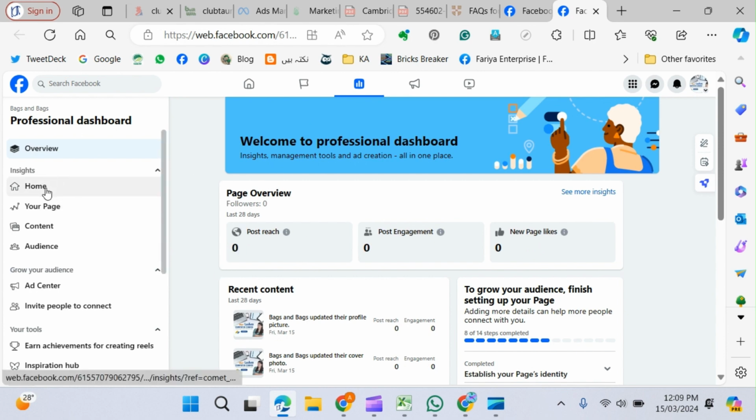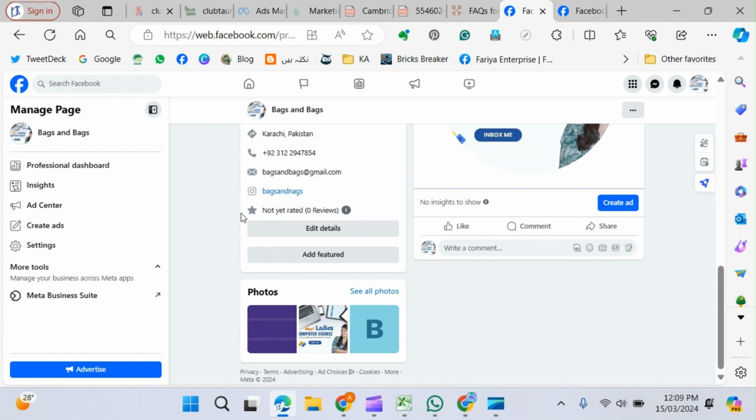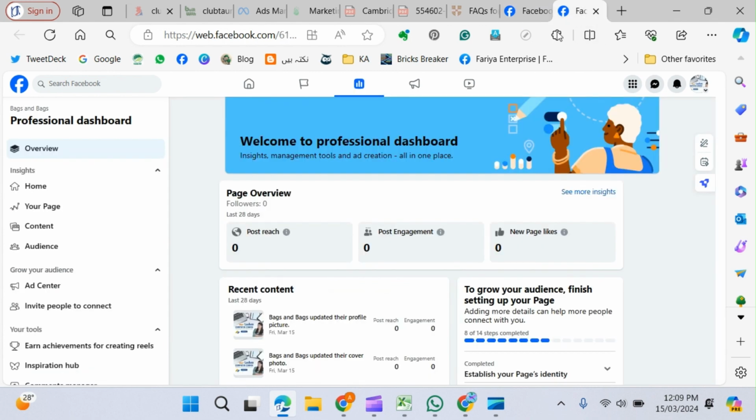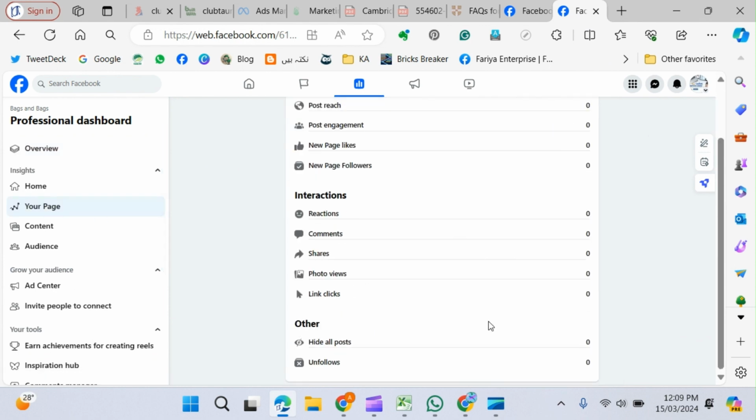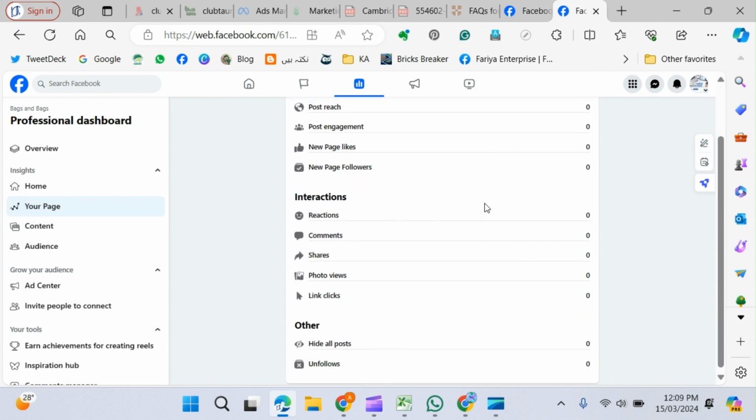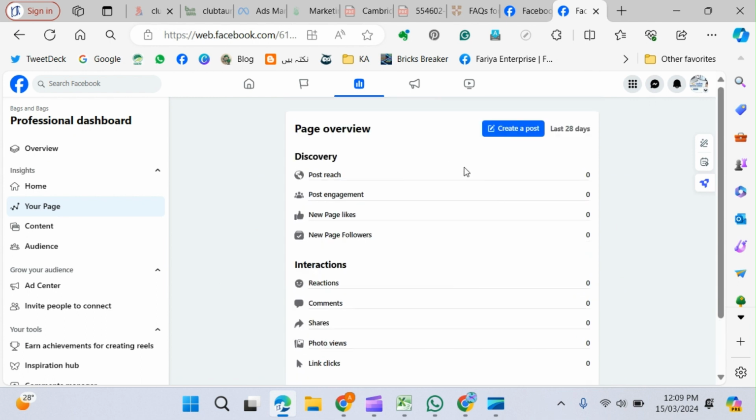Here the first button in the menu is home. If you click home, you will go back to the same page, this one. Your page, this will show you the stats of your page. Click over here. You can have all the information in a very settled way, and you can create a post